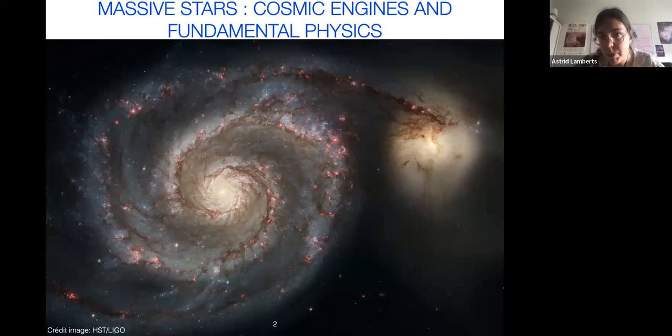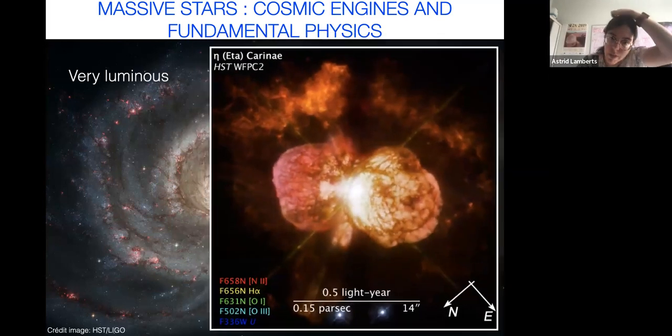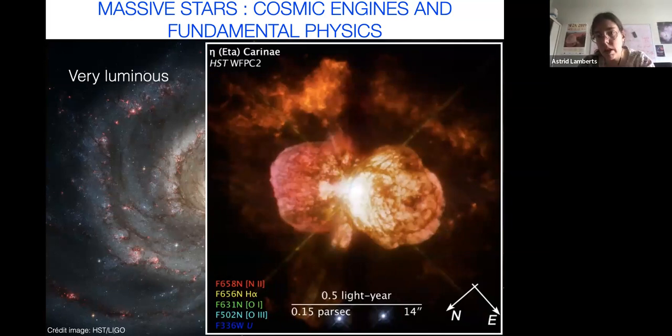But massive stars are very important because really they shape a lot of our universe. If you look at a picture of a galaxy, all these red points are actually the areas around massive stars. Mostly when we look at faraway galaxies, if they're young, we see the massive stars. And because they're so luminous, they can be 10,000 times more luminous than the sun. And they make these impressive winds. This is Eta Carinae, which is an evolved star. And you see these blobs of material, which is material that is expelled in stellar winds that can be sometimes very eruptive. So in a short amount of time, a lot of material can be expelled.